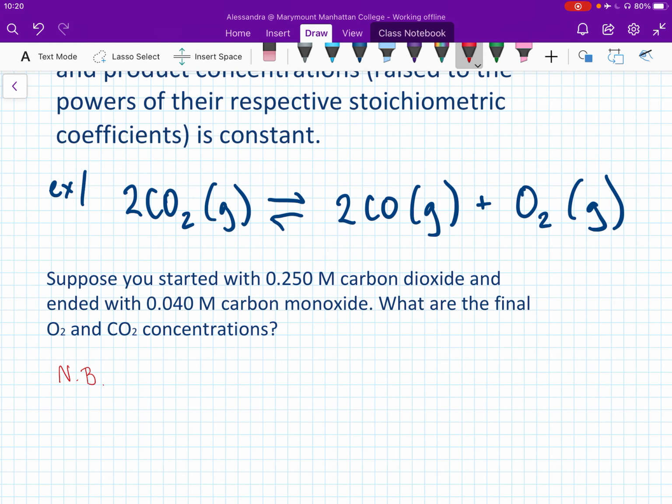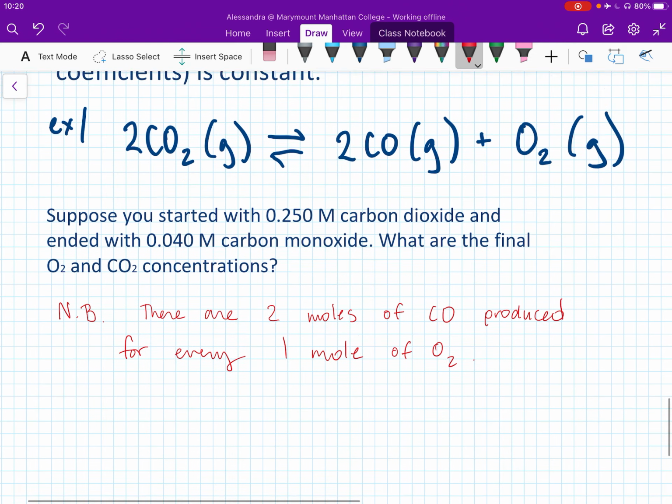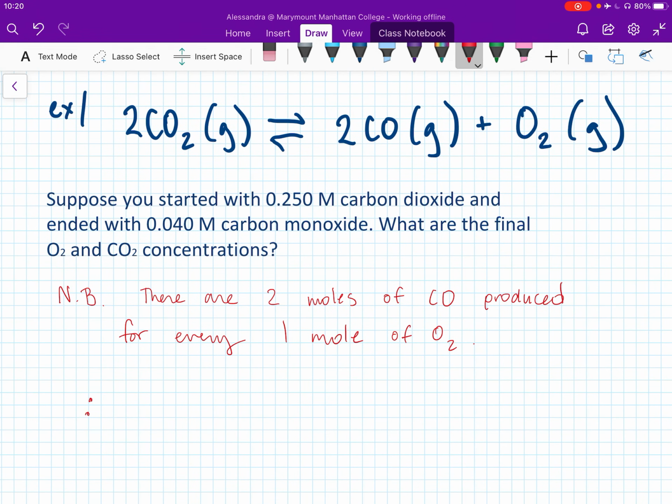So I would like you to note, just looking at the stoichiometry of the reaction, that there are going to be 2 moles of CO produced for every 1 mole of oxygen, right? You can see that from the molar ratio of those stoichiometric coefficients. So there are 2 moles of CO produced for every 1 mole of oxygen. So that means that if we produce at equilibrium, let's say, if the carbon monoxide concentration is going to be 0.040 molar,